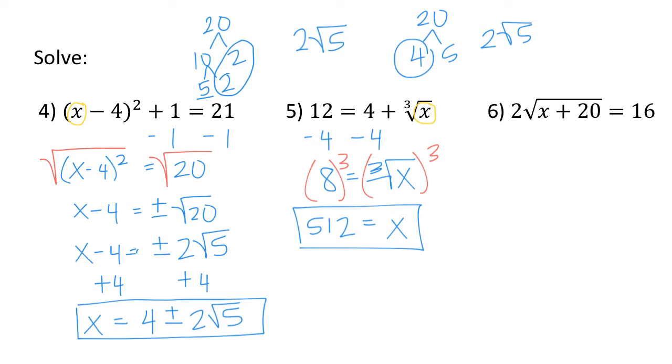And last one, number 6. 2 times the square root of x plus 20 equals 16. So again, solving for x, I'm going to circle what I'm trying to solve. I want to get that by itself. That means I need to undo the other operations being done to x so that I could just isolate x. If I plugged in a number for x, we're adding 20, taking the square root, and then multiplying by 2. So to undo that, I want to divide by 2